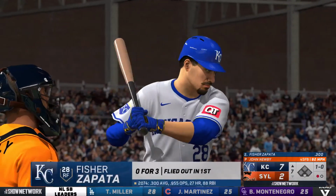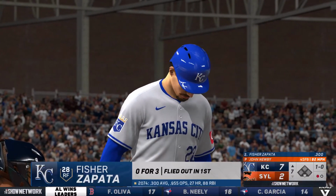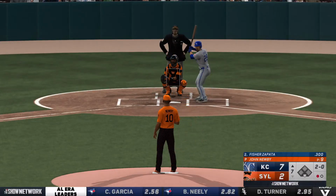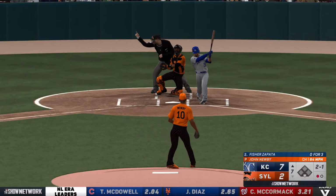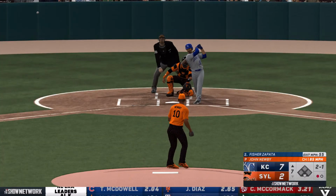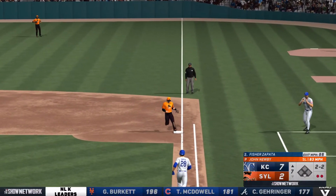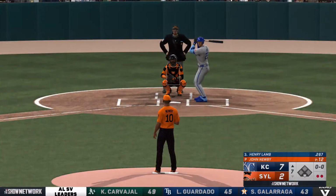No, that's down. Ball. That one a little up, a bit high, and the count is 2-0. Sold it really well with the arm speed. Swung underneath it, so a changeup that stayed a little bit more on plane than what he was anticipating. And he hits a ground ball right side. Benjamin takes it to the bag. He's out. Up next to the board, the first baseman, number 22, Henry